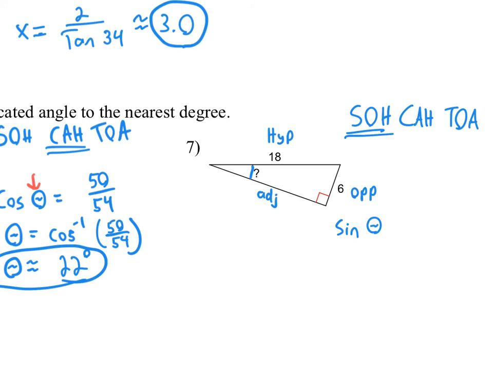Sine of theta equals 6 over 18. I can reduce that. It doesn't really save me much time. But we have to get theta by itself. We have to move the word sine over to the other side. That turns it into arc sine. And then 6 over 18, I'll reduce that to 1/3. So the arc sine of 1/3